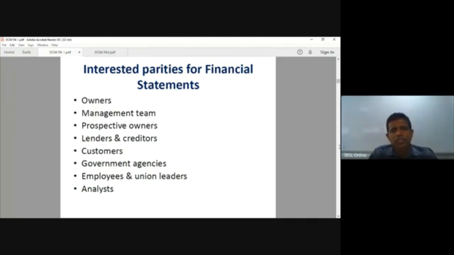Especially these days, the financial results of banks are yet to be announced. There is a deadline: before the 20th of February, they want to release the financial results. Now there will be audit committees to release the financial results of banks. Then for various analyses and research, people take the financial statements.